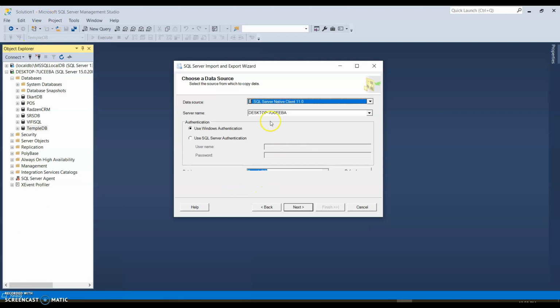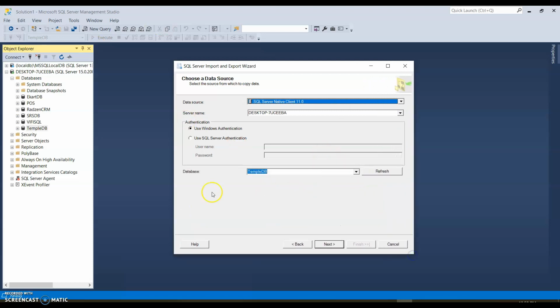Then I'll just get these options to connect to the database you want. So here I'll just leave it to my SQL Express itself. You would want to use some of your database like a local DB or any cloud DB which you are using. And I'll go with Windows authentication. You might want to use SQL Server authentication if the need arises. And let me just expand this, because I am now in a scaled up display, I might have those issues. You can choose the database which you want to export and then click on next.